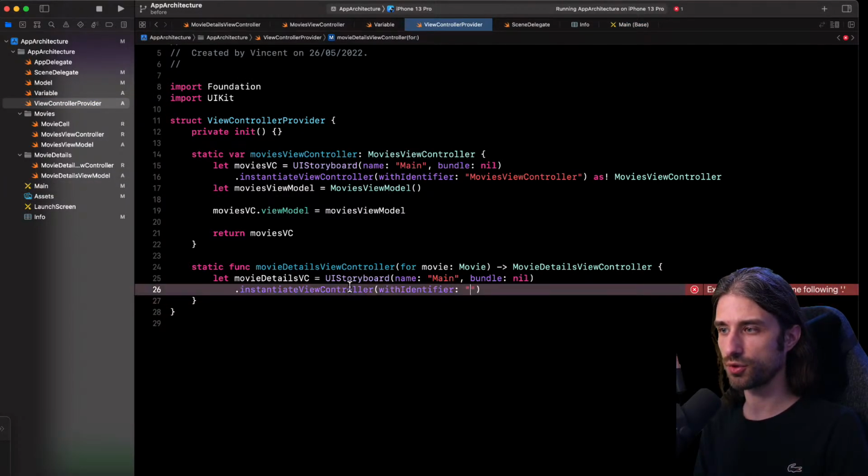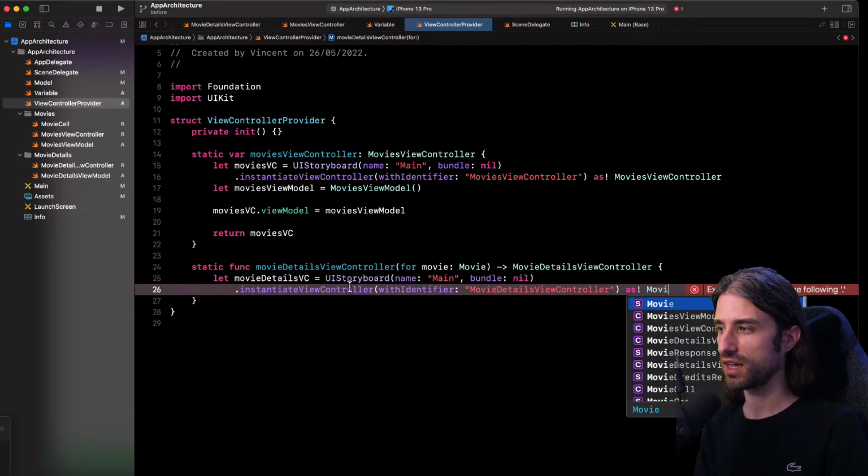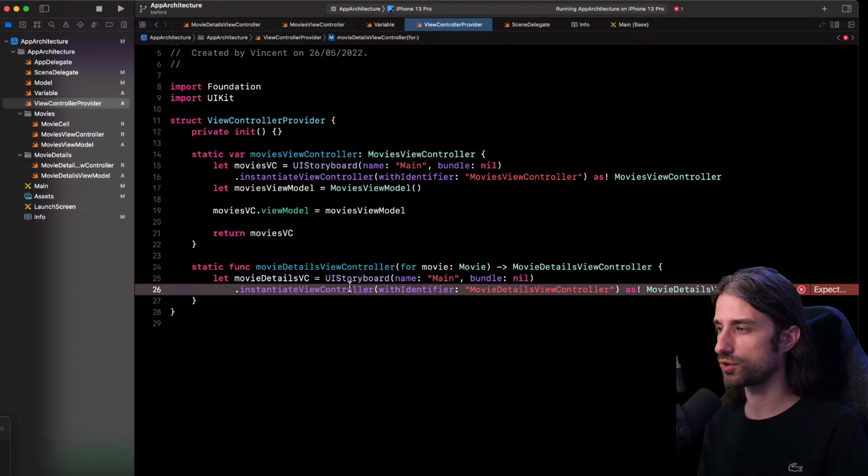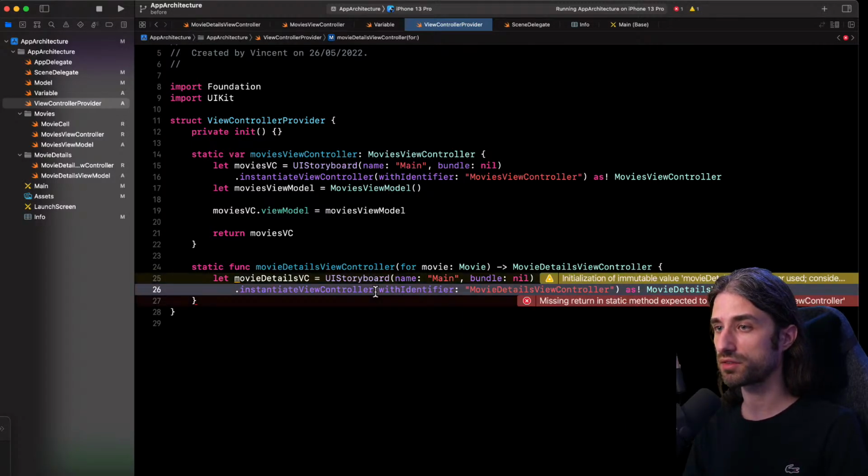Okay, perfect. So I'm going to instantiate a view controller with this identifier, and I'm going to force cast it as a movie details view controller. Here I'm doing a forced cast because I consider that if the cast fails, it means there is a very big developer error inside my app. I don't know how to create the view controller I'm supposed to show, and so I would rather crash than display an error message. You could actually display an error message to say this feature is unavailable, but it could still be a very, very big issue.